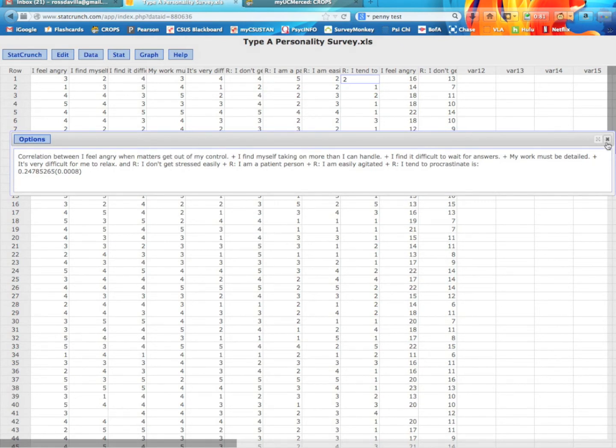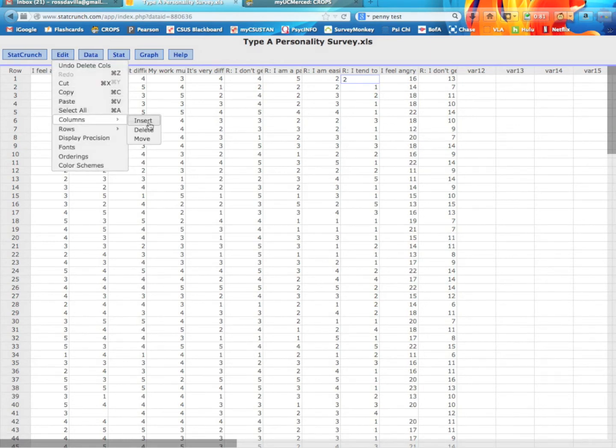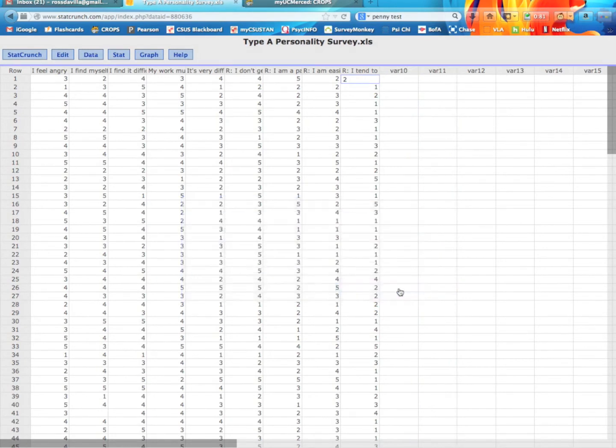So let me go ahead and close this out. So that was split half reliability. And also, once you have that, you can delete these two columns. We don't really need them anymore, just for the sake of making it really easy to tell what we have and what we need. So we'll go and get rid of these. There we go. What we're going to do for Cronbach's alpha is use this little equation.